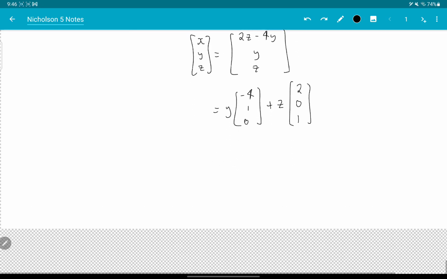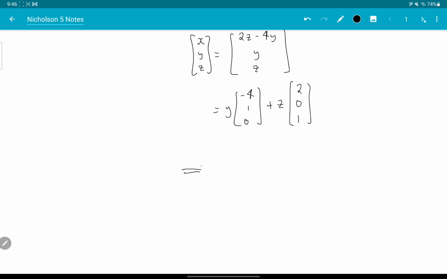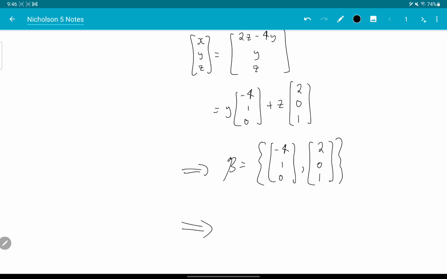So my basis is the collection of two vectors, this one and this one. So my basis has two vectors, so the dimension of the null space of A is